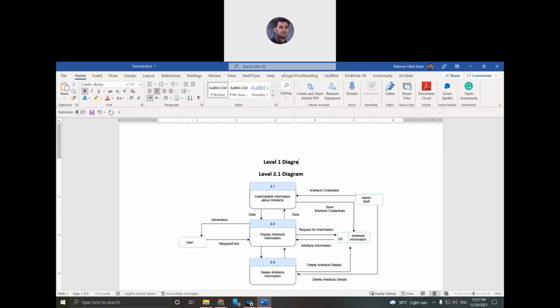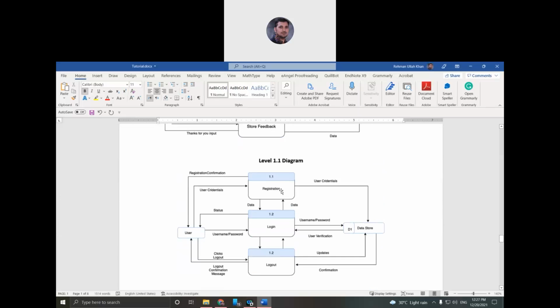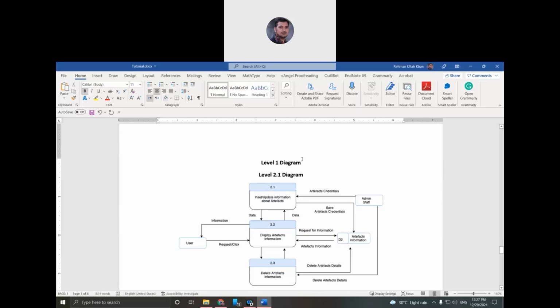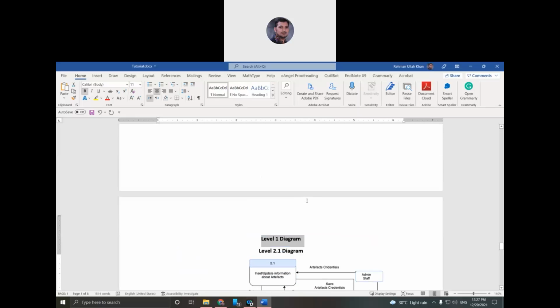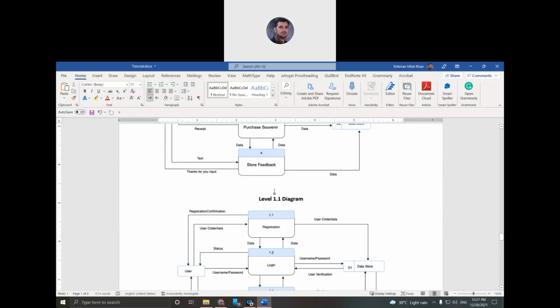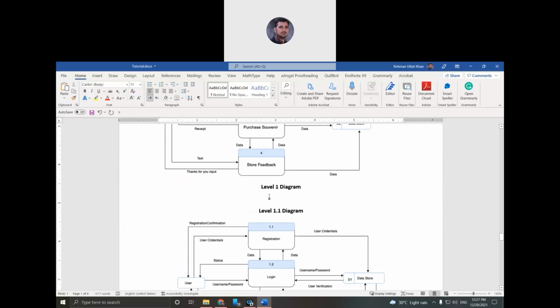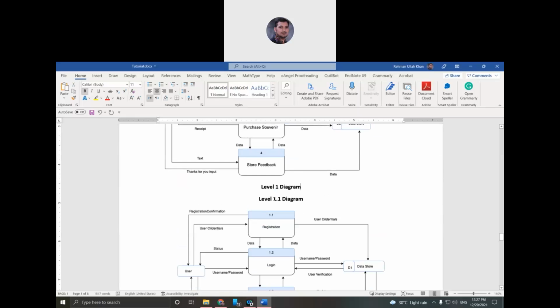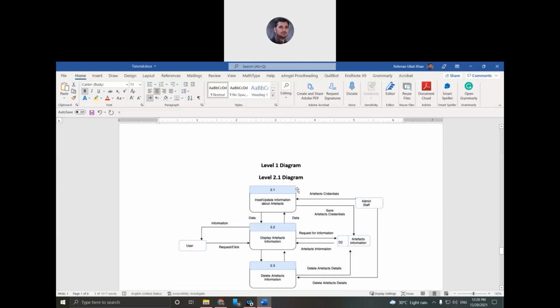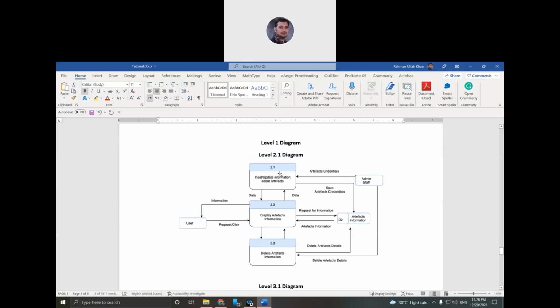It is still the same level 1 diagram, because in a level 1 diagram we are decomposing the same processes. I just give the name 1.1 because I am explaining this. But don't confuse level 0 and level 1. It's still a level 1 diagram, and this time I am explaining process number 2.